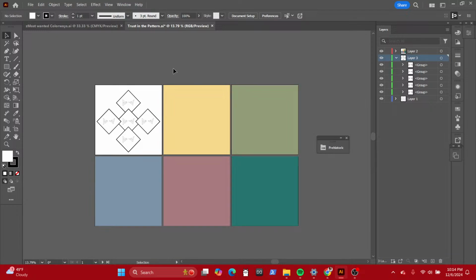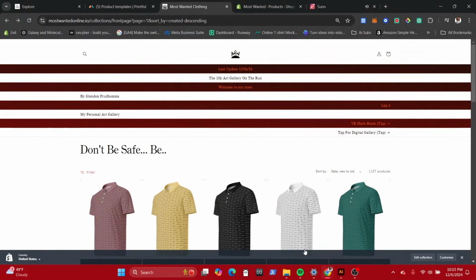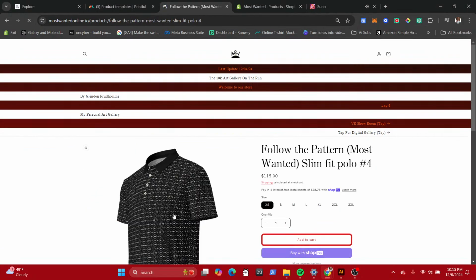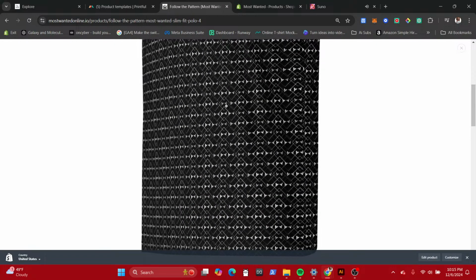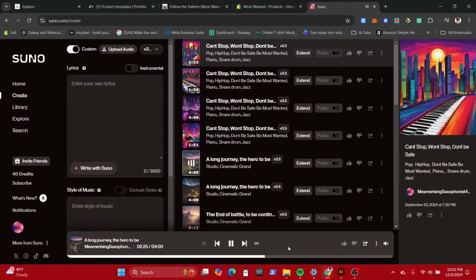I just threw something together because when it comes to patterns and on the road to 10K designs, you almost can't go wrong unless it looks wrong. But that was the design, it came out perfectly fine with me. I'm gonna zoom in a little bit so I can get a better look. Fire, fire, fire. Oh, wait, where'd my music go?